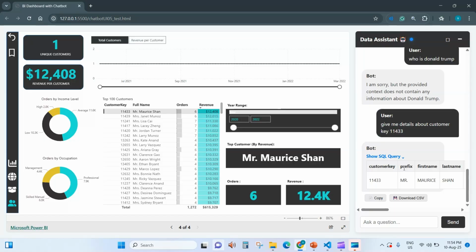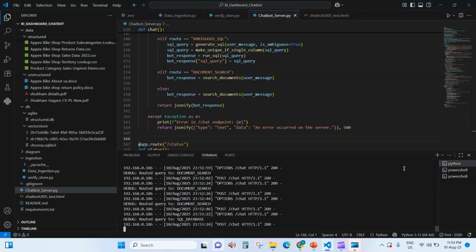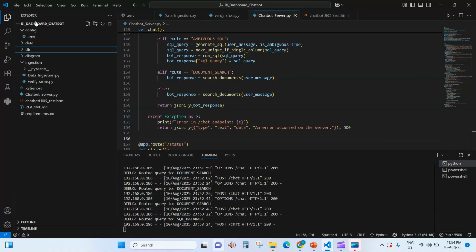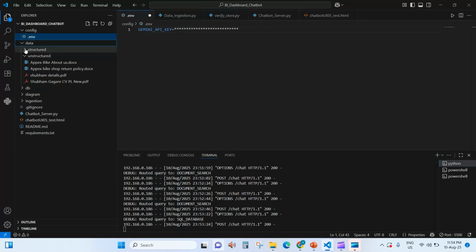So let's go again to how the project is structured. As you can see here, the project has different folders. First is configuration. Here is our env file, which includes our API key. You can put your Gemini API key here. Then next,